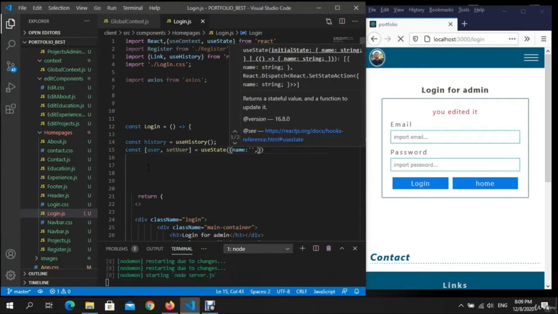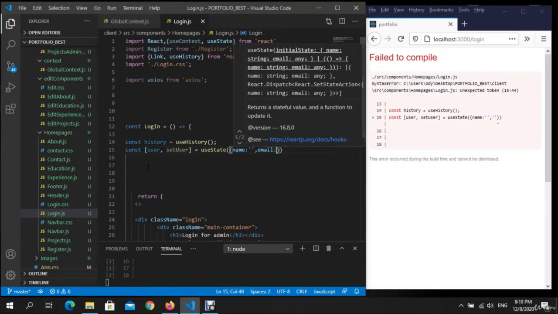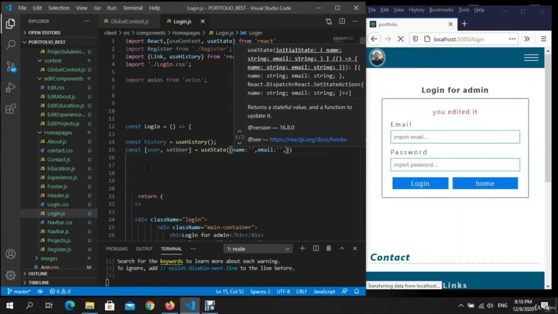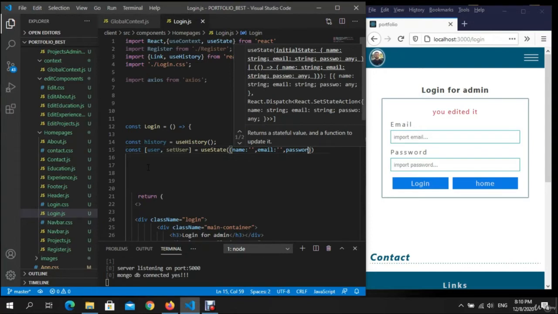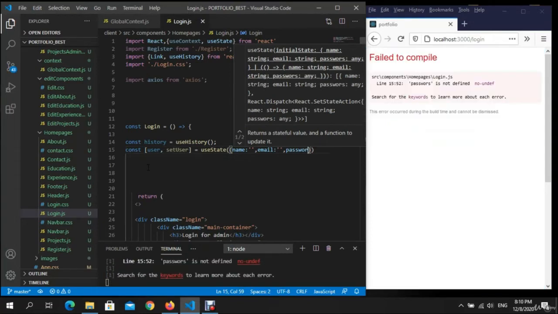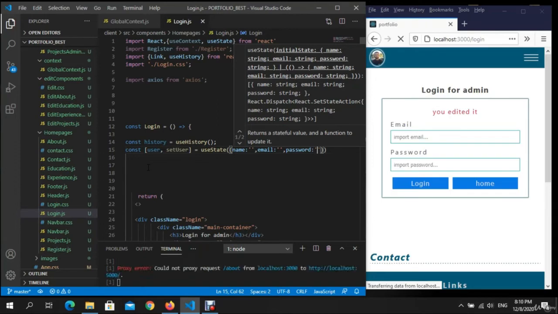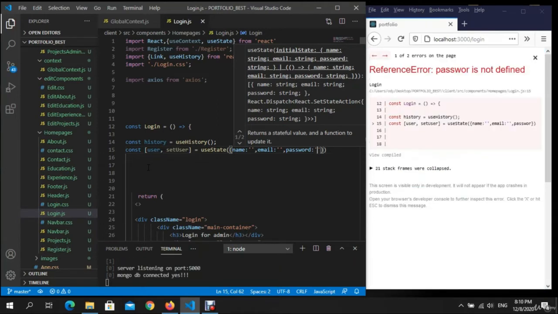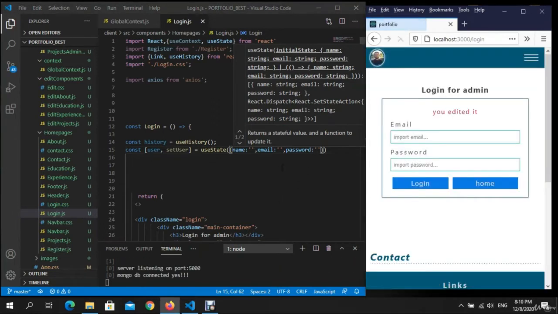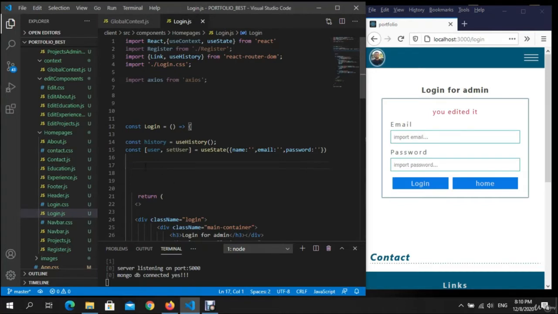What I'm doing, email. Also we need, guys, also the password. Okay, password, okay. Right,